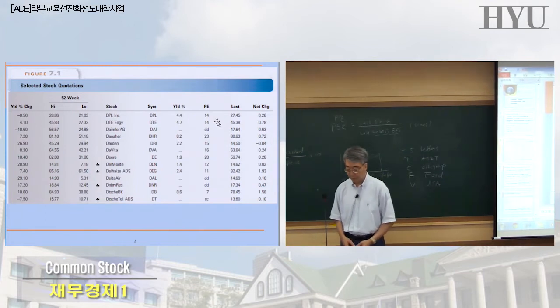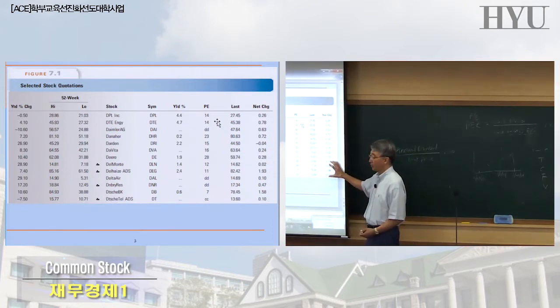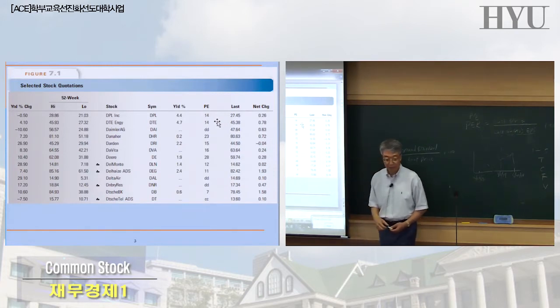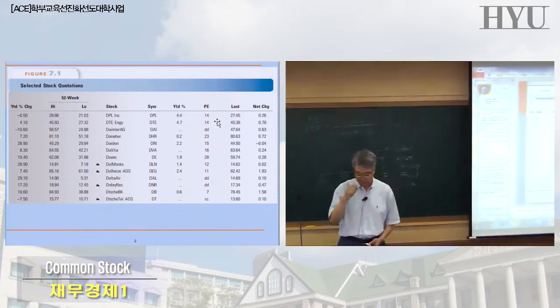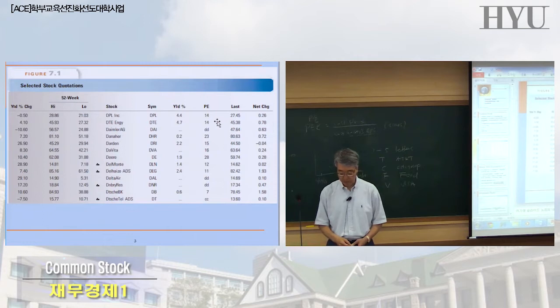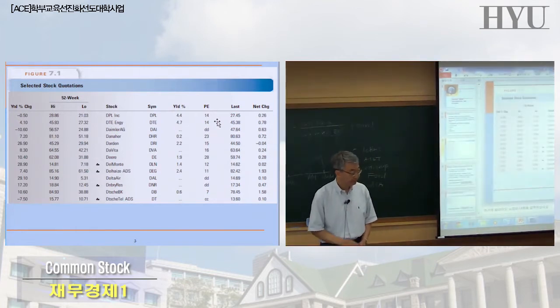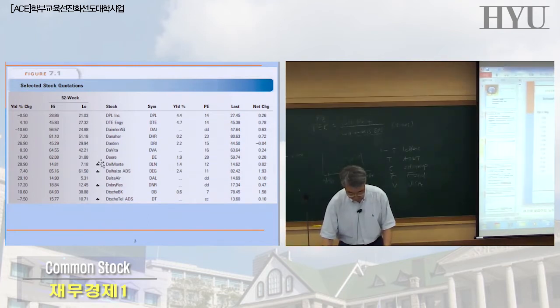Because apparently during the last session, suppose this was today's table, which means it was as of closing yesterday, right? So as of closing yesterday, the price was $27.45. But in the previous day, Friday last week, I guess, it closed at $27.19, something like that. That's what net change means. Does it make sense? Good. All right. So you know how to read and understand the stock quotation table.